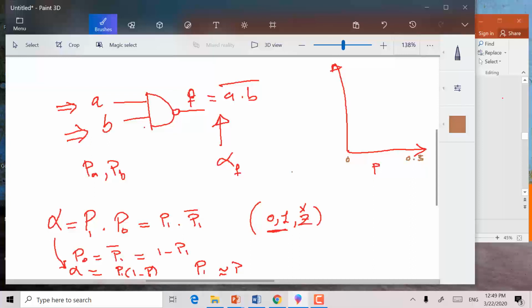Now, keep in mind, in some cases, your textbook assumes that the signal can switch up to a maximum of 50%. Sometimes the probability of the signal can change more than that, but we'll stick with